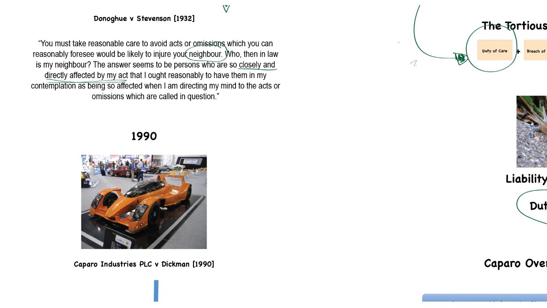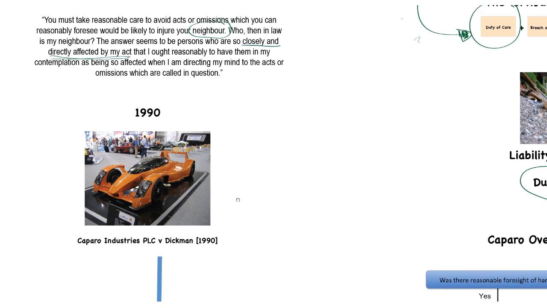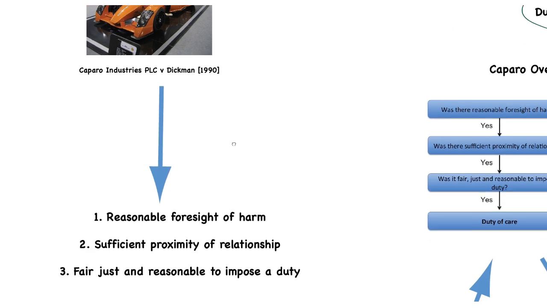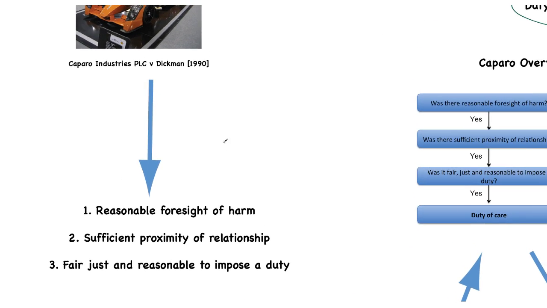But in short, the case considers the liability of an auditor for financial losses suffered by investors. But what it does do for us is it sets out very clearly the 3 points which a court must consider to establish whether a duty of care exists. And those 3 points are these. To demonstrate a duty of care,